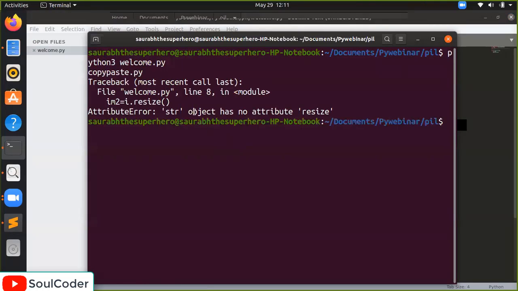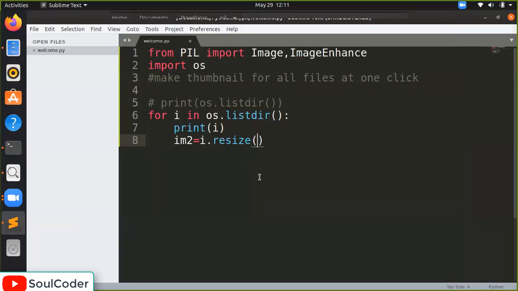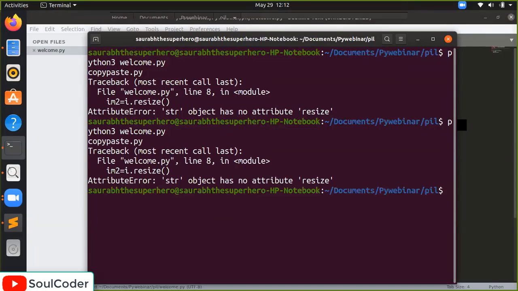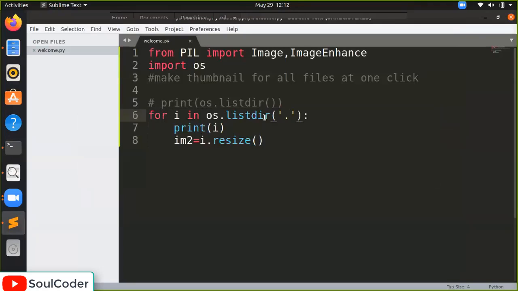There is some error here. Wait. Oh my god. We have to first import it.